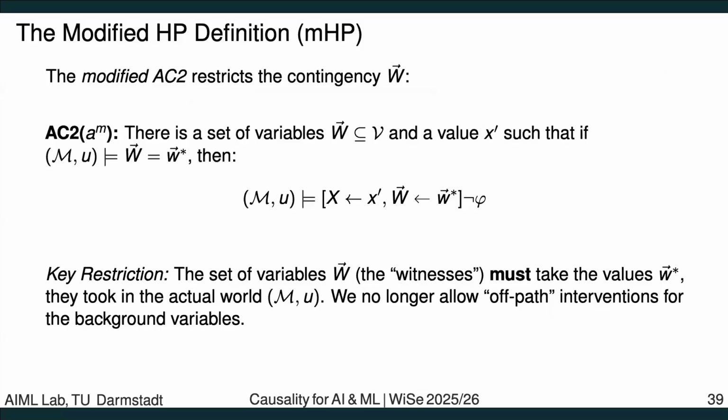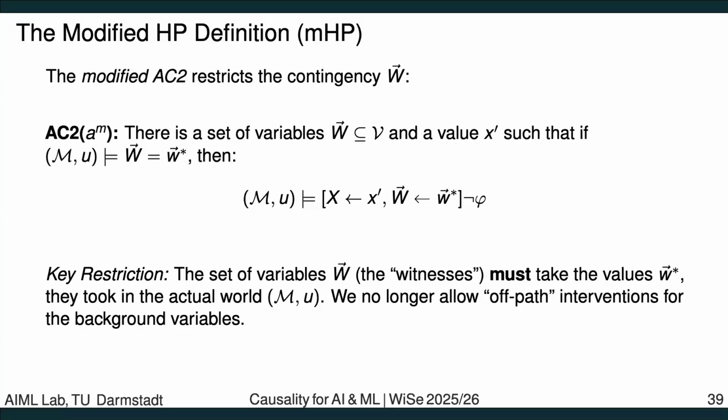And basically what people then came up with is this setting, which from the formula looks way simpler, because we now only have two sets of interventions going on. And this is then called the modified AC2 rule,